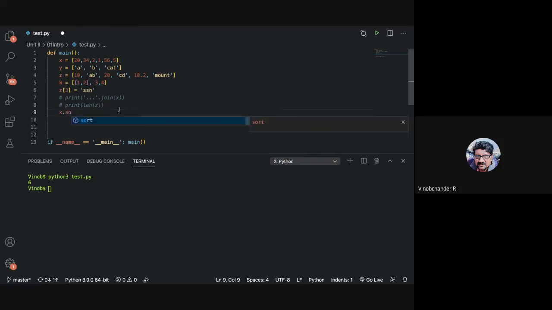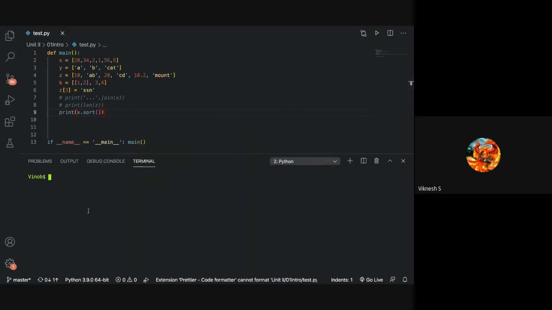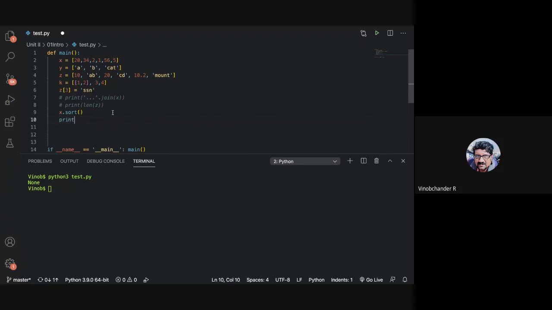X.sort(). This gives us None because the operation is done in place, and then we can print X.